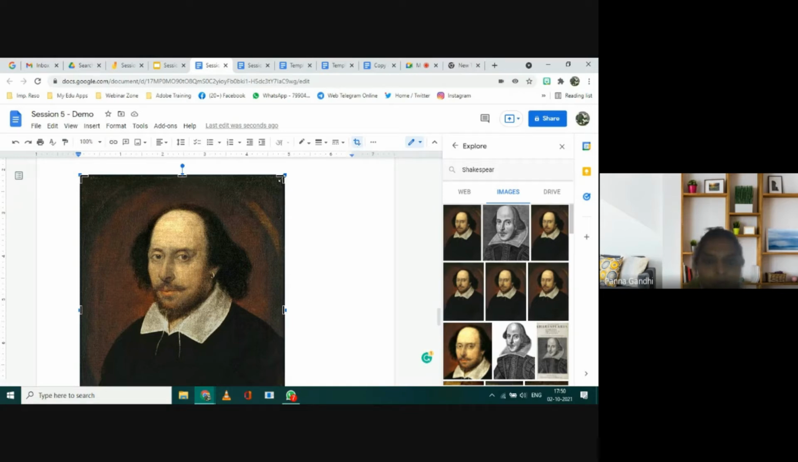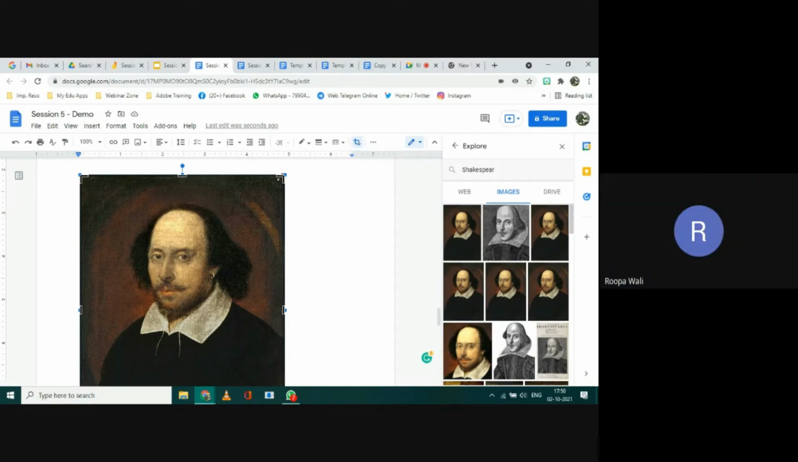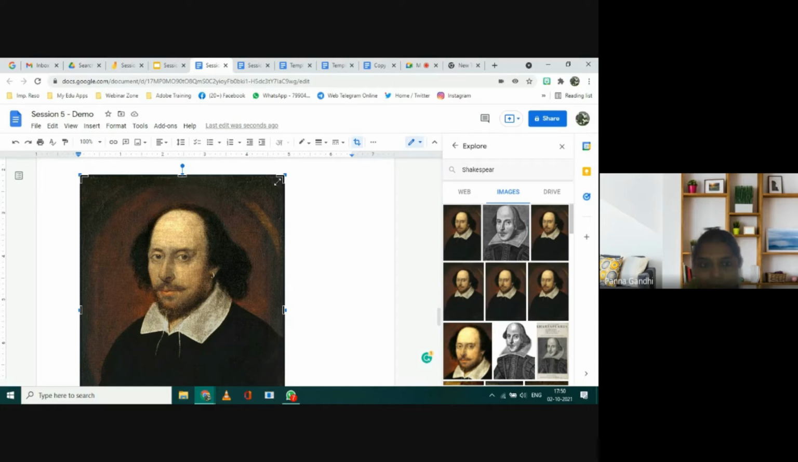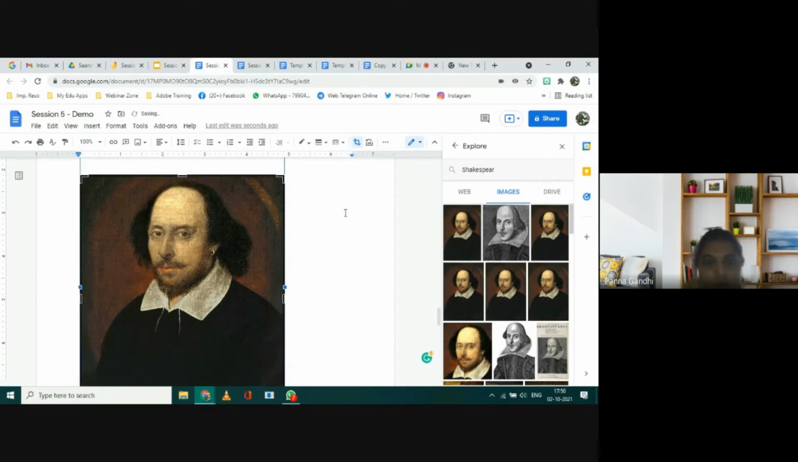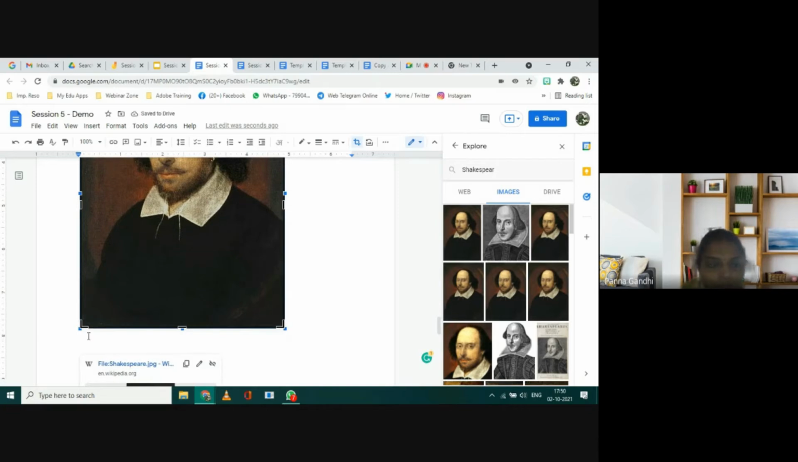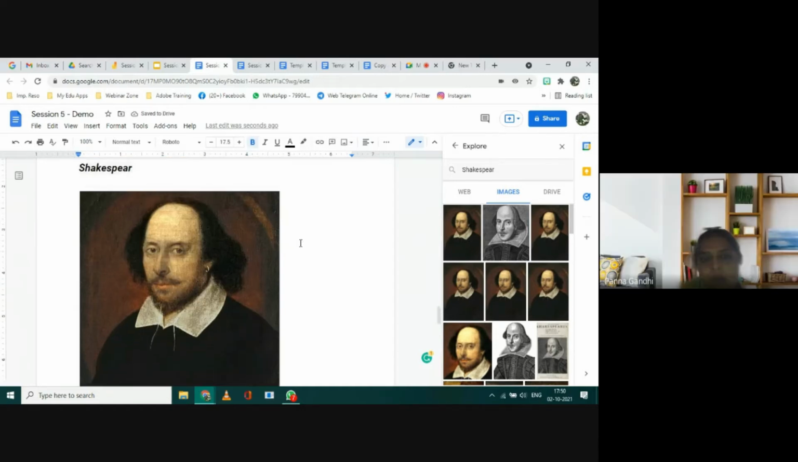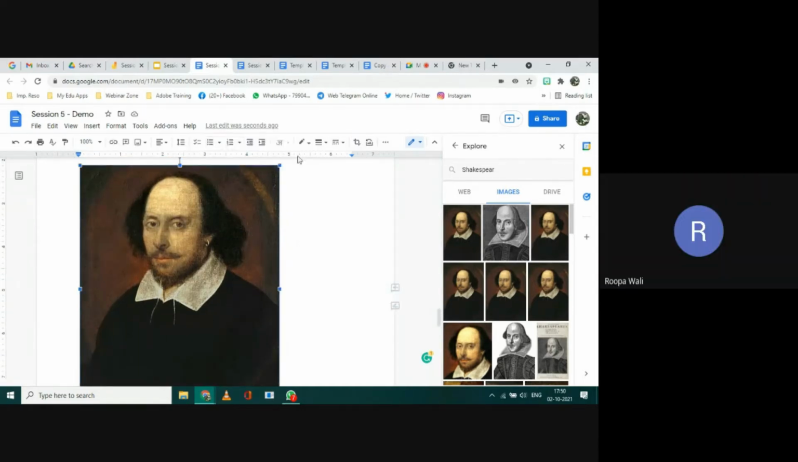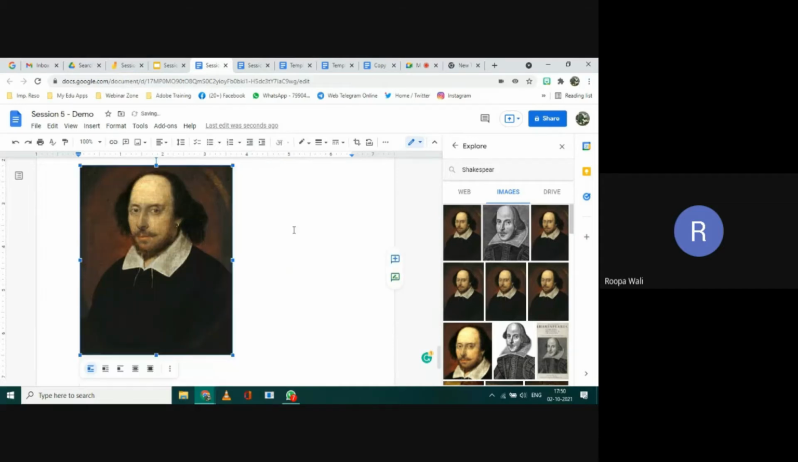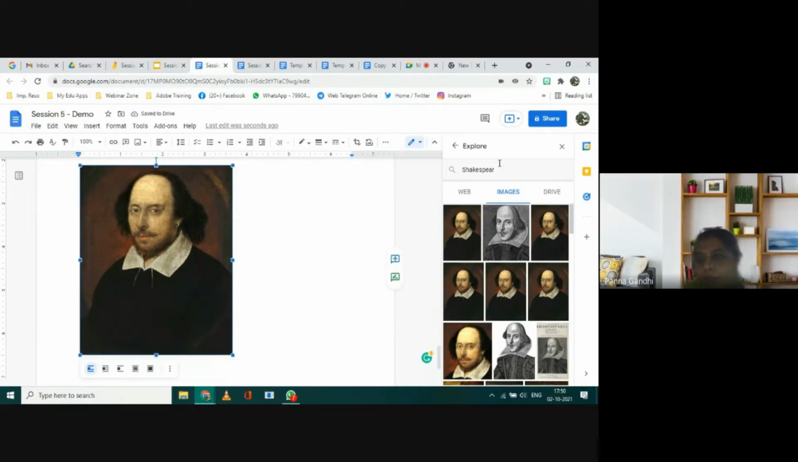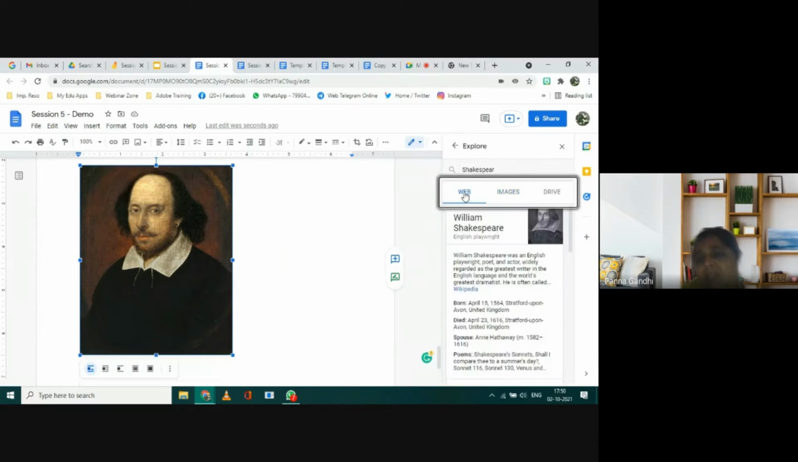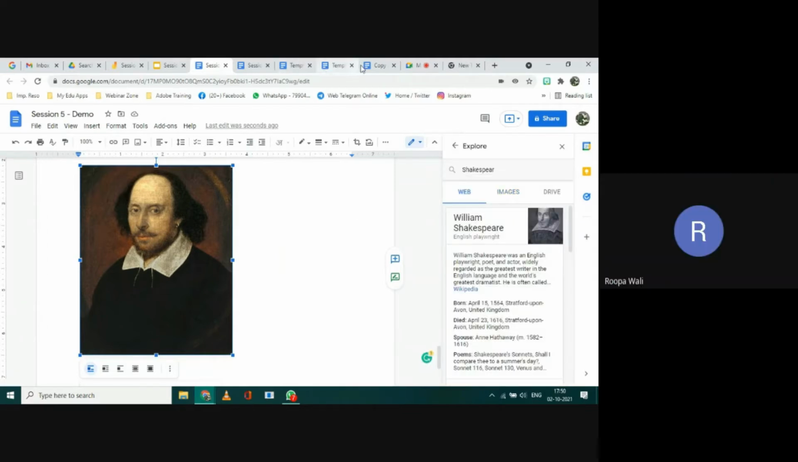So suppose I want to crop it. And once you click on OK, you have the options. Okay. Now similarly, if I want to